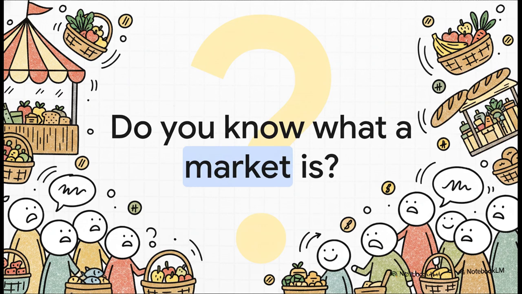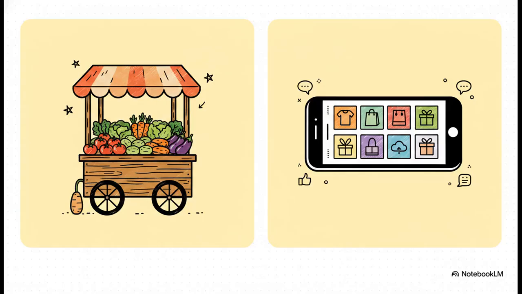Now, when you hear the word market, what pops into your head? Do you just picture a physical place packed with crowded stalls and shouting vendors? Because if you do, that is actually not the whole story. Let's bust that myth right now. Sure, a physical vegetable stand is absolutely a market, but modern digital platforms, places like Shopee or even Facebook, in the world of economics, those are completely valid markets too.